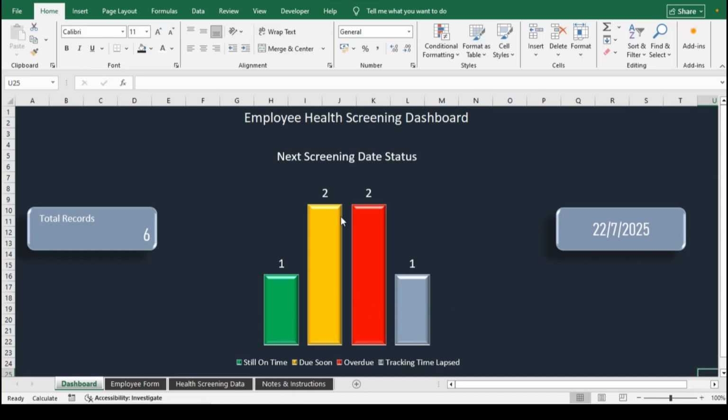The bar chart in the center, titled Next Screening Date Status, visually represents the timing status of upcoming employee health screenings. It helps track whether screenings are still within schedule, approaching the due date, already overdue, or significantly delayed. The chart features 4 color-coded bars: green for still on time, yellow for due soon, red for overdue, and gray